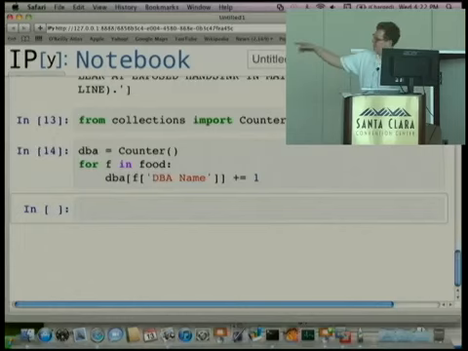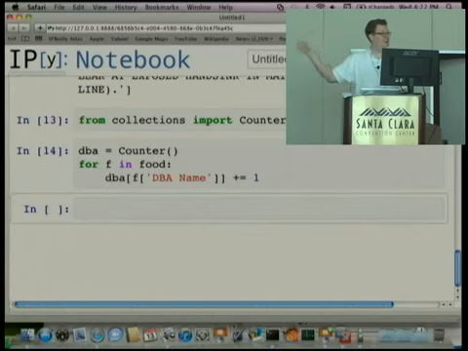You could do something like this. This is basically tabulating how often a doing business as entity in the database is appearing, and then you could do